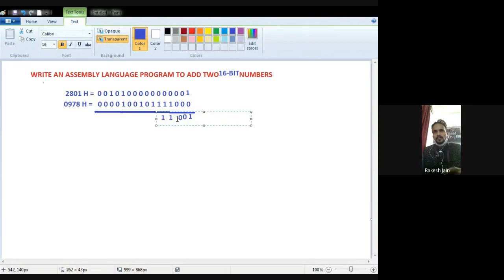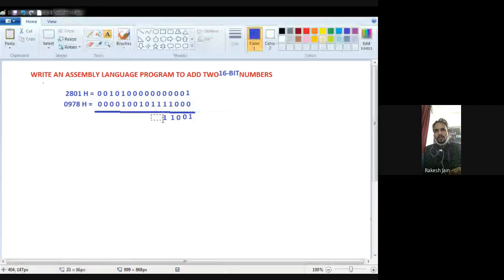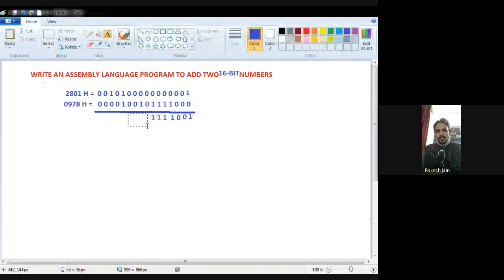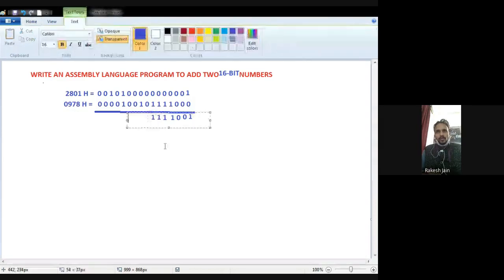Now see again, 0 plus 1 and 0 plus 1, so 1 and then 1 again. Then 0 plus 0, 0 plus 1, 0 plus 0 and 0 plus 0. So we can directly write 0, 0, 1 and then 0.